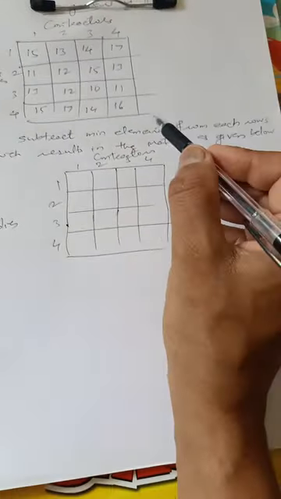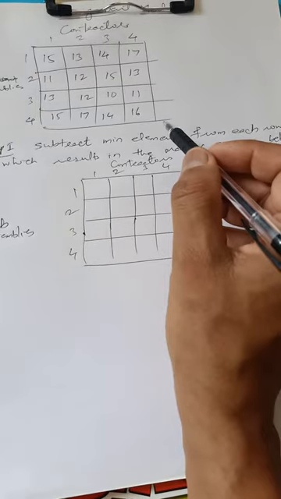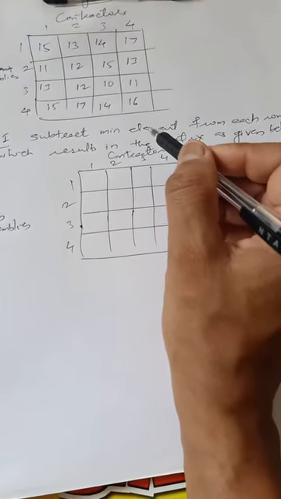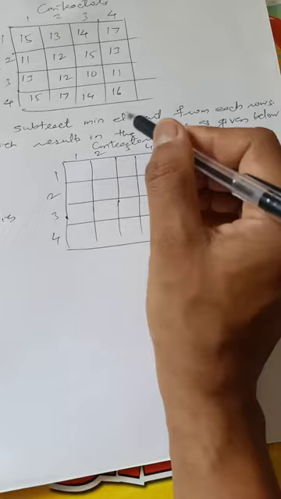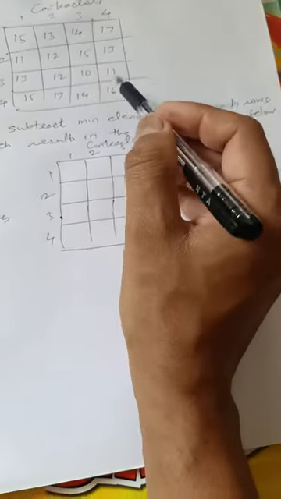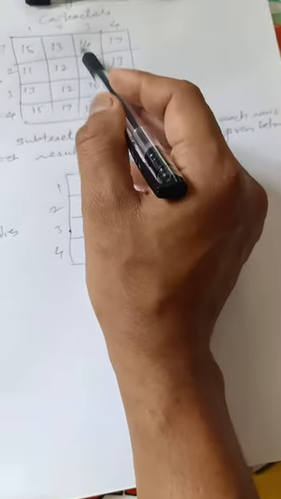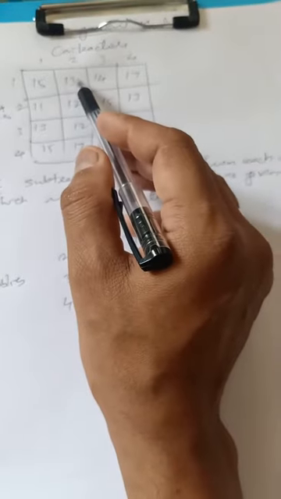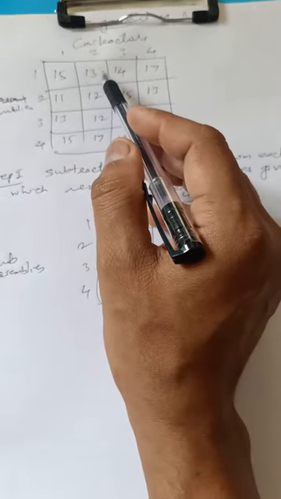Now I'll identify the minimum element of each row and subtract that minimum element from all the elements of each row. So for the first row, if you see, the minimum element is 13. So subtract this minimum